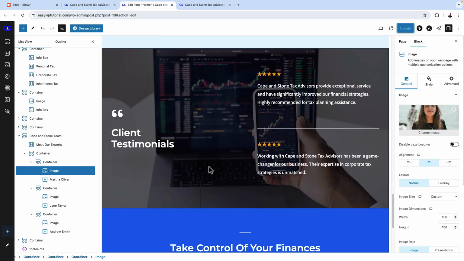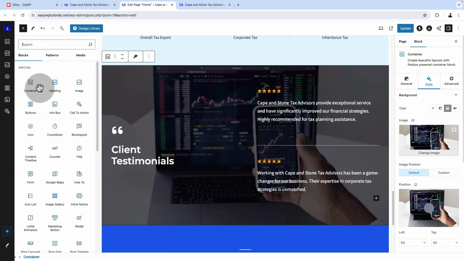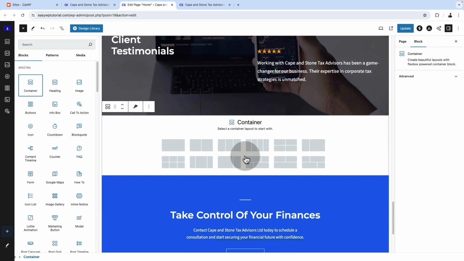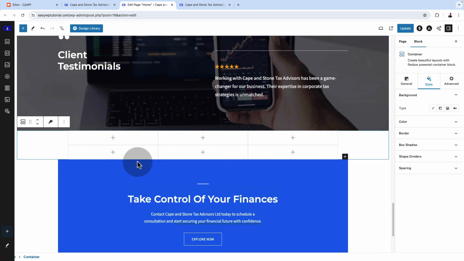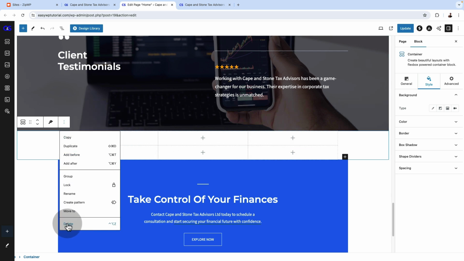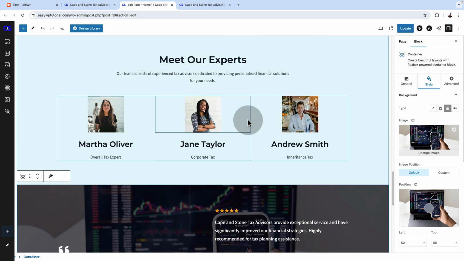Back here in our editor on the home page, I can start by saying add a container, and you see that the next container has been added right below, the testimonials container. So I can choose if I want to have 2 columns, 3 columns, or any of these other layouts. So for instance, when I select that layout, I have 3 columns and then 2 rows. But if you don't want to do it from scratch like that, we can as well use some features that come with